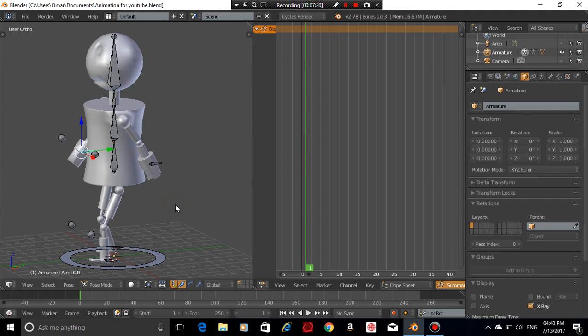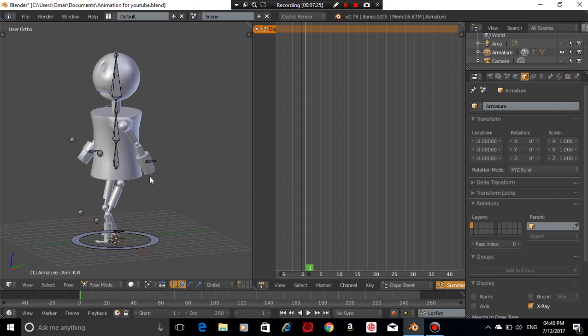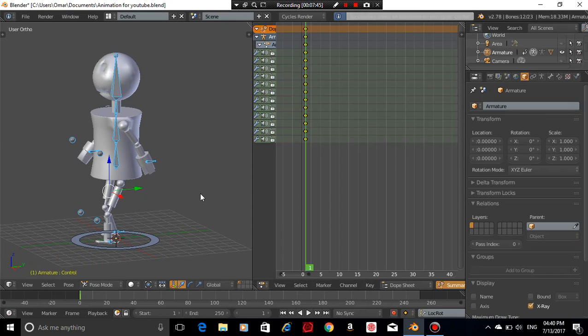I'm going to save it multiple times and make sure we are in frame 1. And I'm going to select pretty much everything here, and of course, except the control bone. I will not select the control bone. I'm going to select everything except the control bone, and press I to insert a keyframe. You'll know why later on I did not